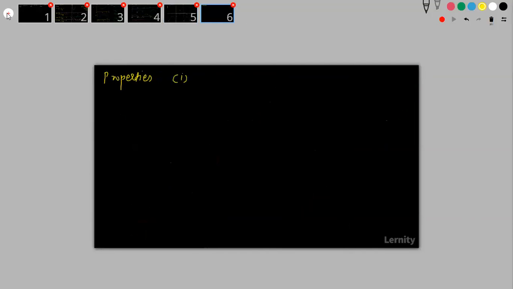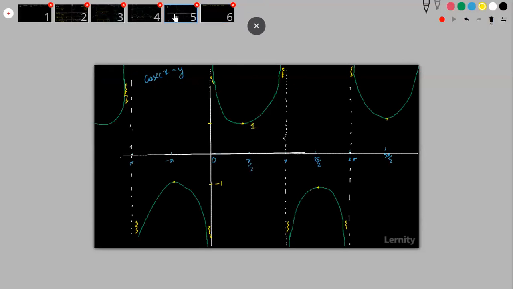First thing that we can see is that these graphs, even for cosecant x, this is a periodic graph, right? So first thing is that this is a periodic curve with periodicity of 2 pi, because this, then downward, then this, then downward. After this, it will repeat. So we can take this part and copy paste, and you will get the same thing.